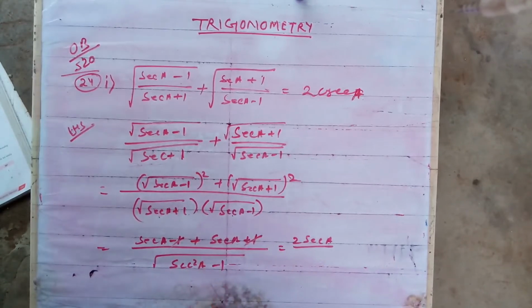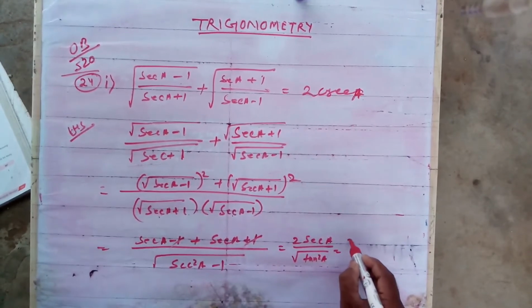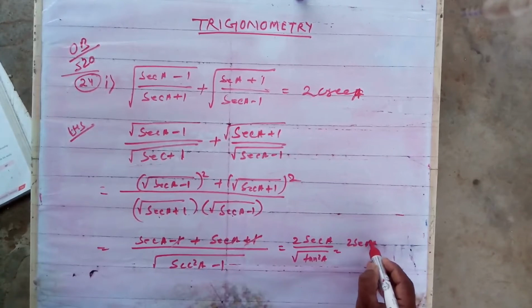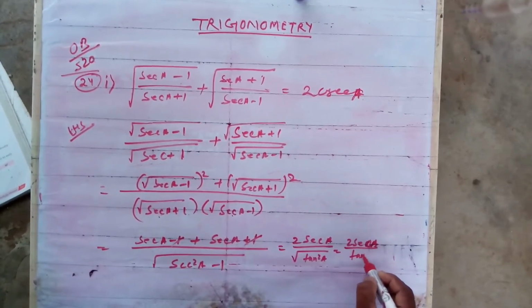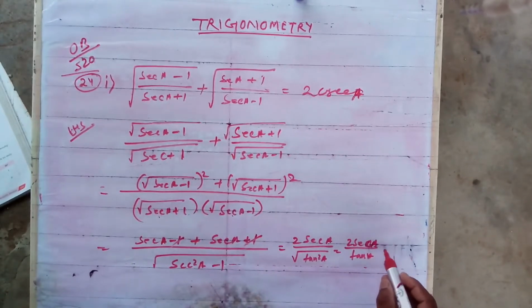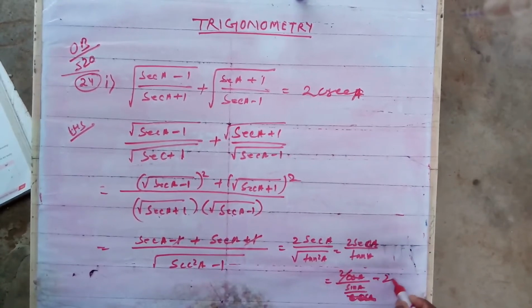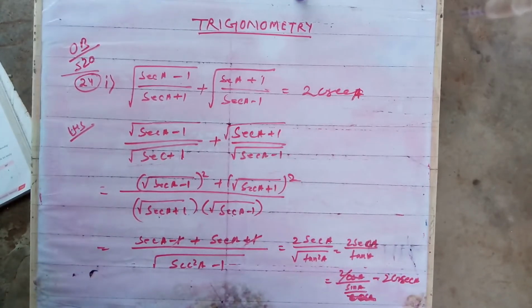It's a formula of tan square. So root of tan square a, that is equal to 2 sec a by tan a. Okay. If you are able to understand, it will be directly coming 2 cosec a. If not, then you can do sec a is equal to 1 by cos a, tan a is sin a by cos a. Cos a cancel, 2 by sin a, that is 2 cosec a. If you are able to know, then directly you can write, not a problem. This is question number 24.